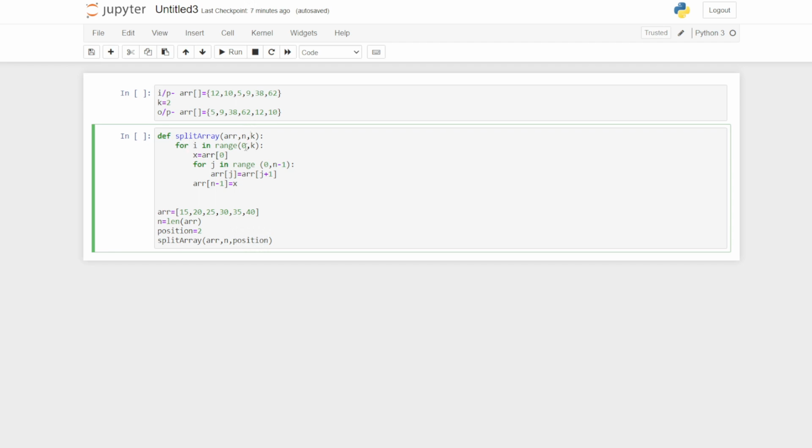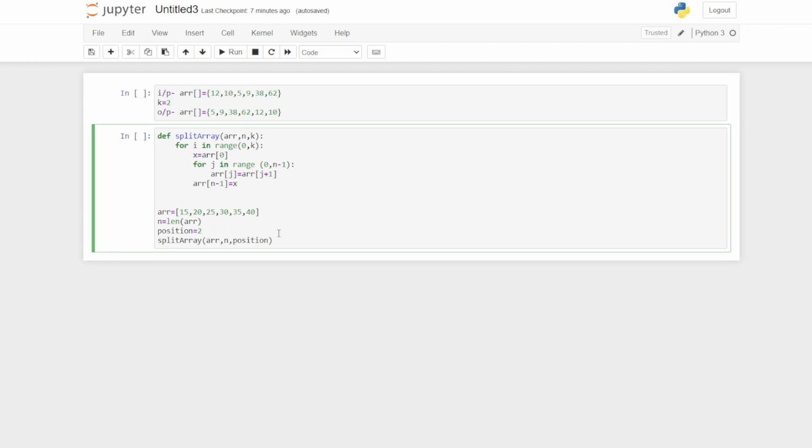Using the for loop, we have first given the value of index 0 to x, then we have taken another for loop which will loop from 0 to n minus 1, which is the whole array. What it does is it brings all the elements to the left by one place. After this loop ends, we take the value of x and put it into array of n minus 1, which is the last position of the array.